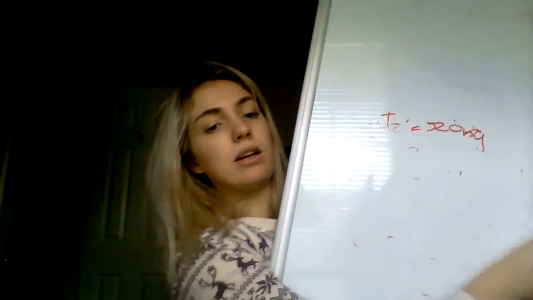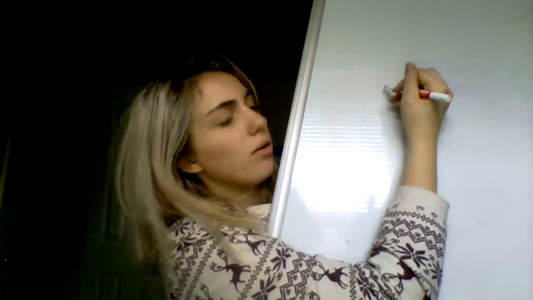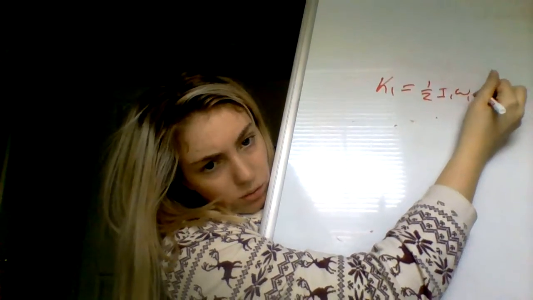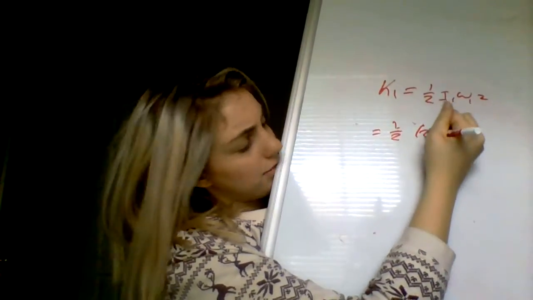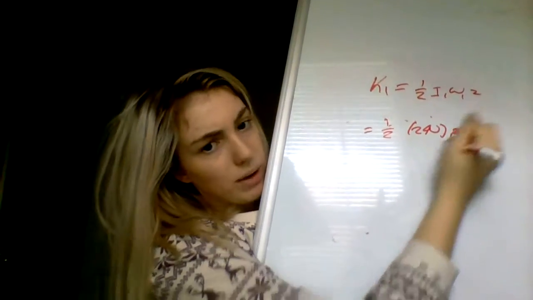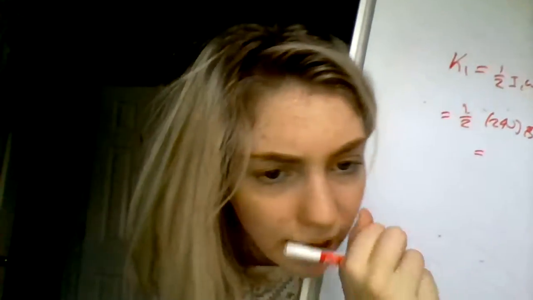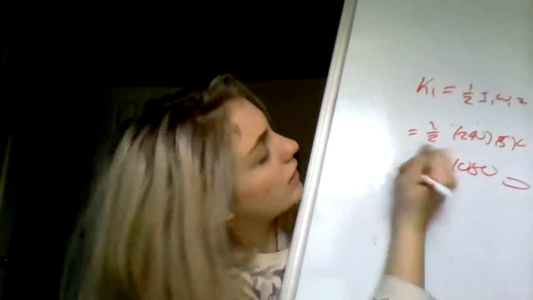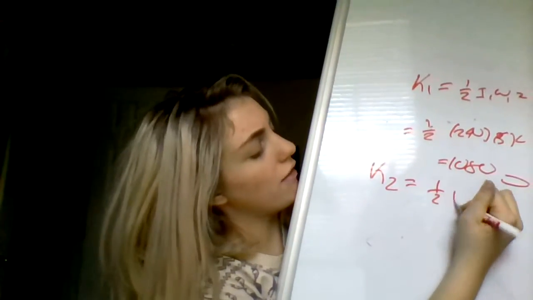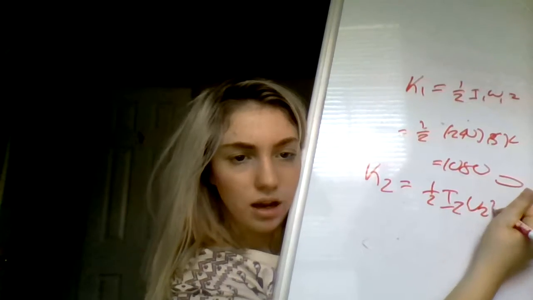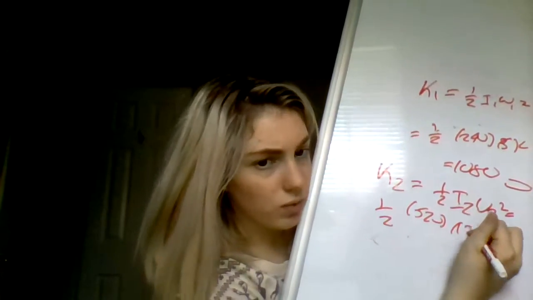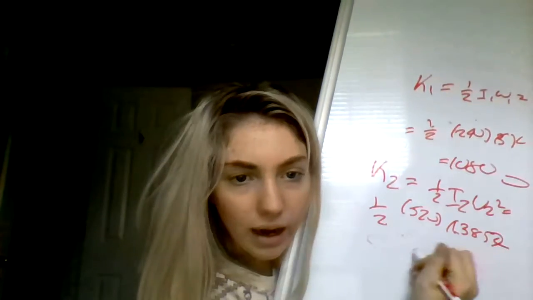And then for part B, K1 is denoted by the equation 1/2 I1 W1 squared. So we just plug in all the stuff we have, times 3 squared, which will equal 1080 joules. And then for K2, we have the equation 1/2 I2 W2 squared, which will equal 1/2 times 520 times 1.385, which we found before, squared,